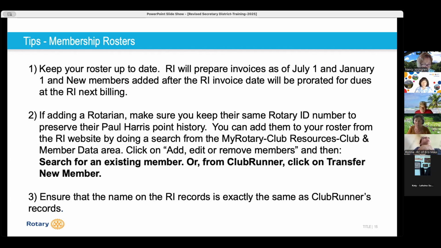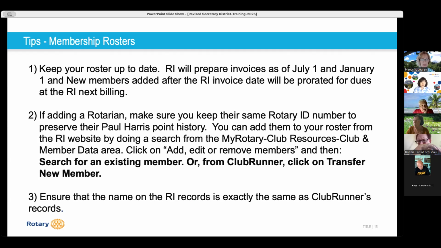So if you're thinking about terminating a member, keep in mind it's best to do it probably by June 15th and December 15th of every year. That way you don't have to worry about being charged for somebody who is not going to be a member, and you know the fact that they're not going to be a member. So those are, star those dates if you're a secretary.